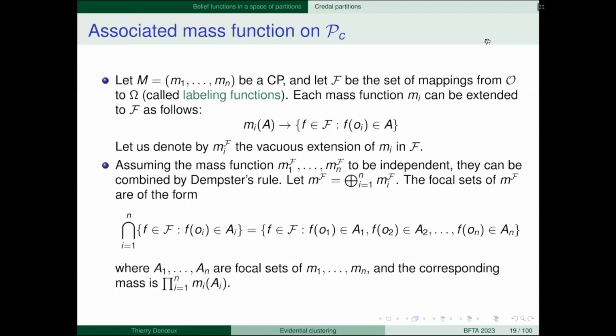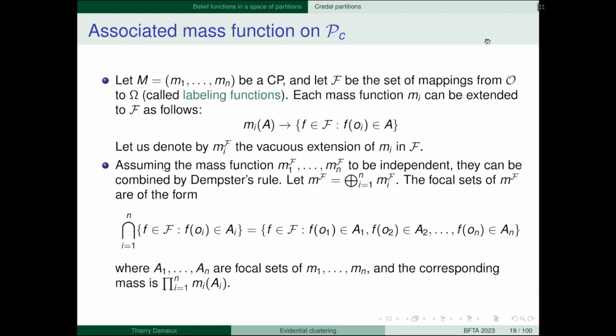So if I have some mass for object i, okay, assume this is object i, and m of {omega 1, omega 2} is 0.5, for example.